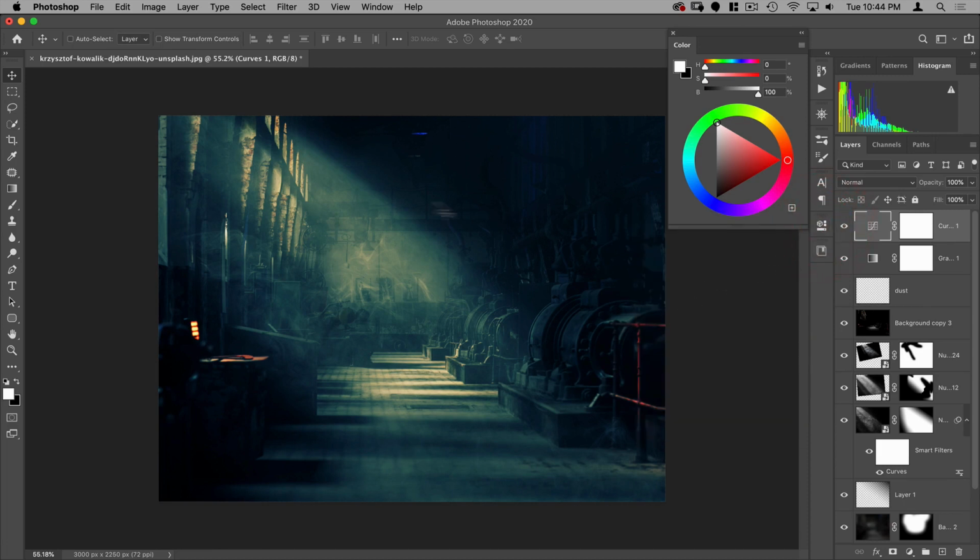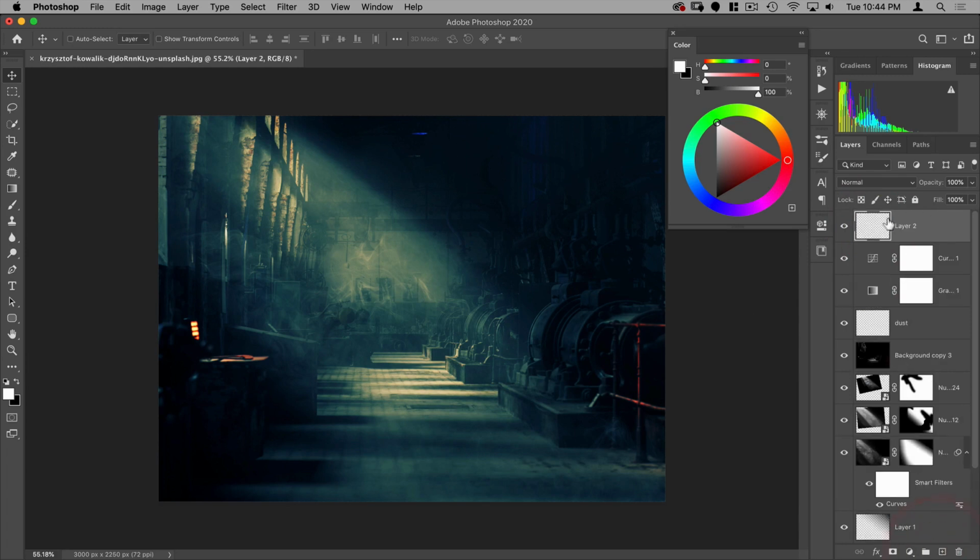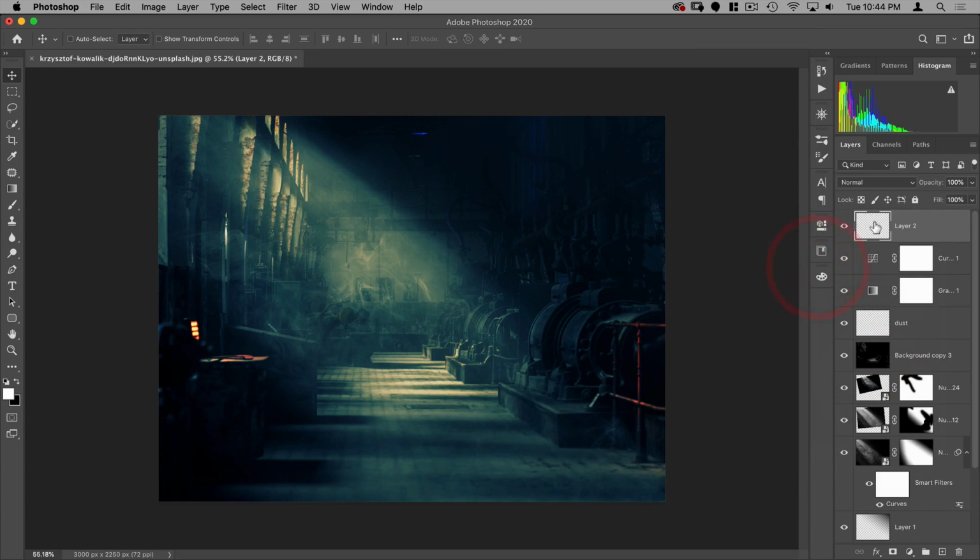All right, then the last thing I want to do, or one of the last things I should say, is make all this a little crispier. So right now it feels all very soft. So to do that, I'm going to add a sharpness layer. And to do that, I'm going to add a layer at the very top. Let's move our color palette here. And I'm going to do Shift, Option, Command E, and that's going to paste everything into my top layer there. And we're going to call this Sharp Layer.